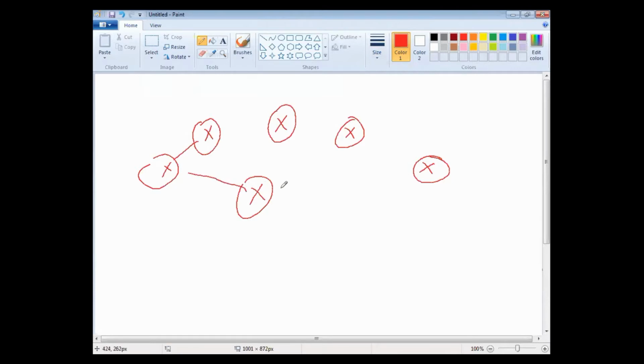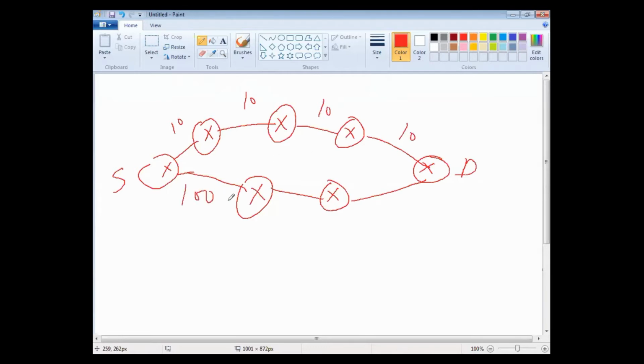If we have this kind of setup, this is source, this is destination. Suppose these are all 10 MB links here, and here all are 100. So suppose we are using RIP